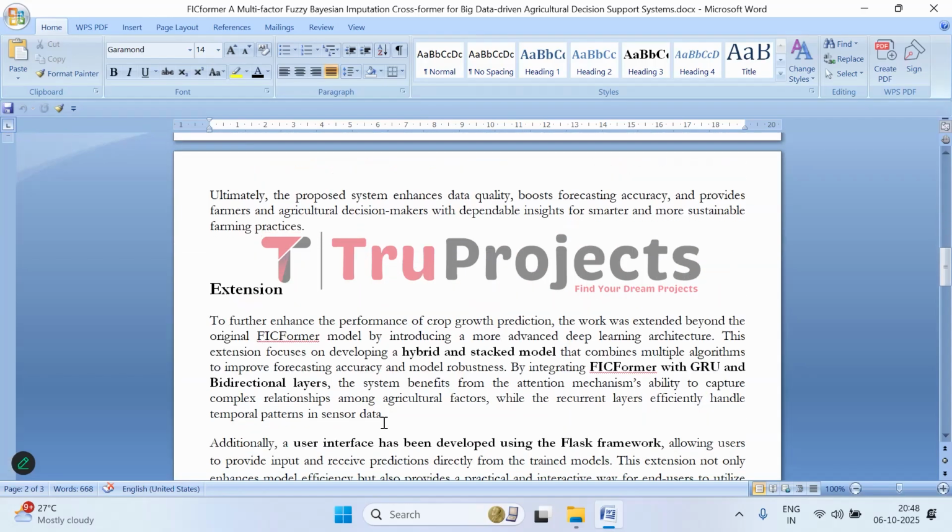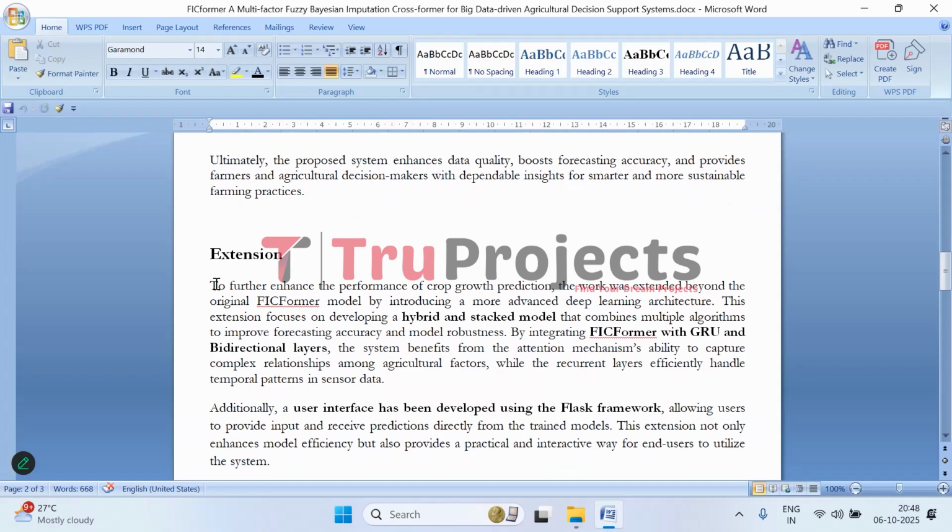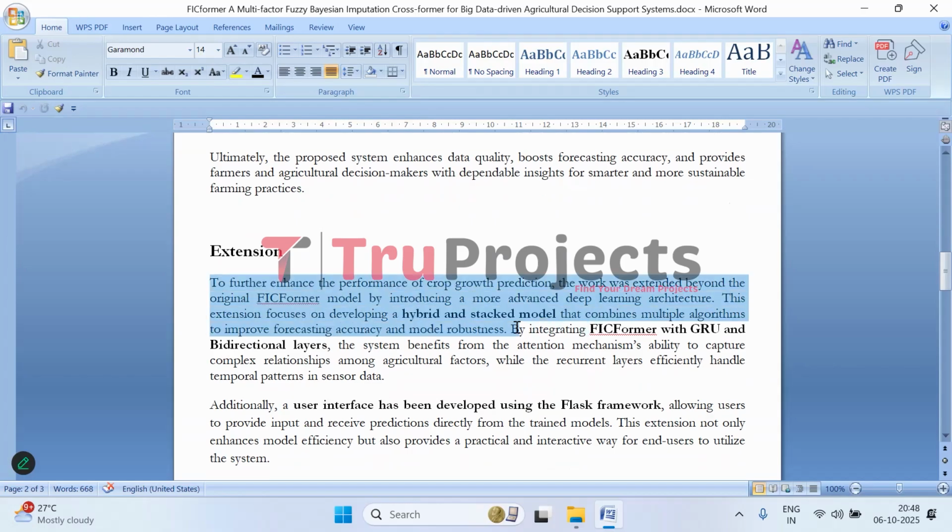To further improve the performance of this project, we are incorporating multiple techniques. The original FICformer model was improved by creating a hybrid and stacked deep learning model. This means multiple algorithms are combined to work together, which helps the system to perform better and be more reliable.